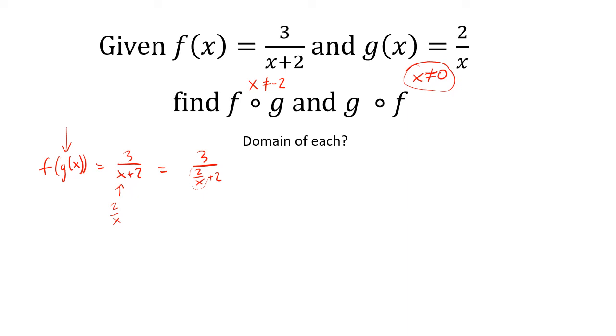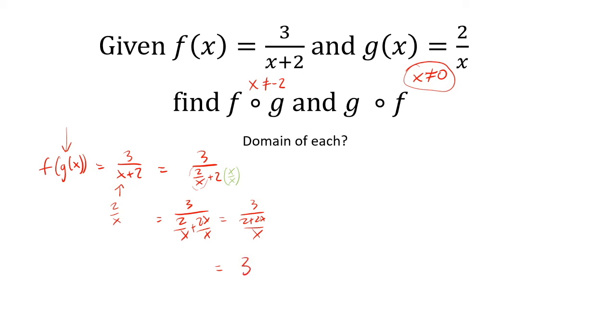Well, we need a common denominator of x in the denominator. So we'll say this, and multiply that 2 by x over x. That'll give us 3 divided by 2 divided by x plus 2x over x, which is equal to 3 divided by 2 plus 2x divided by x. Now we do the Missy-Elliott method of complex fractions, which is to put your thing down, flip it, and reverse it. So this is equal to 3